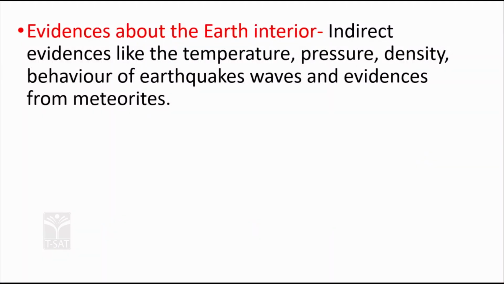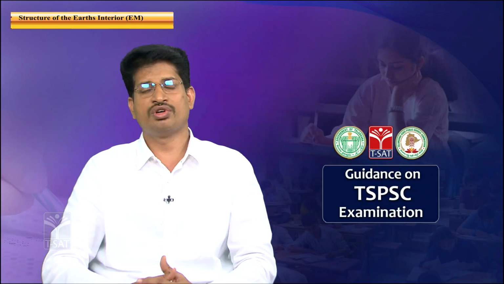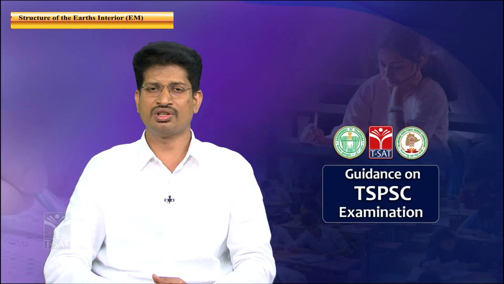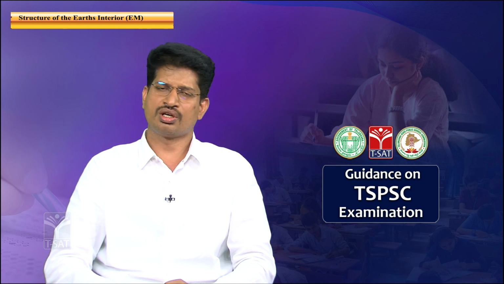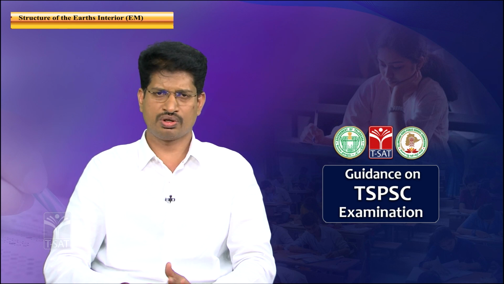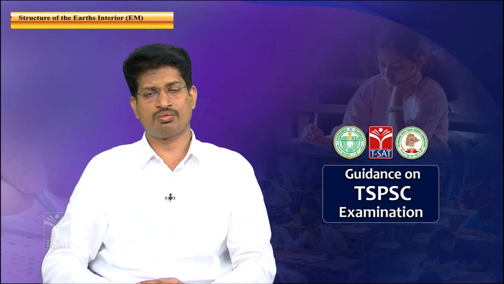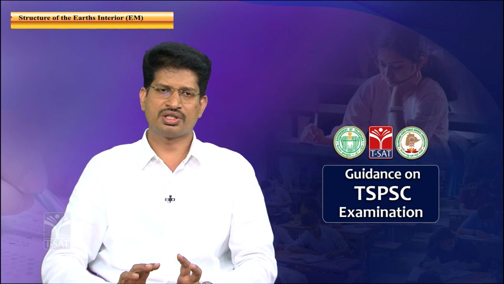The reason behind it is that with the increase in depth, when we go to the earth's interior, the temperature gradually increases with the depth. The other factor is pressure. With the increase in depth, the overlying mass of the earth's layers increases because of the increased weight. So the pressure gradually increases with the depth of the layers of the earth. Next, the density also increases with the increase in depth. Gradually, the earth is broadly divided into three major layers.